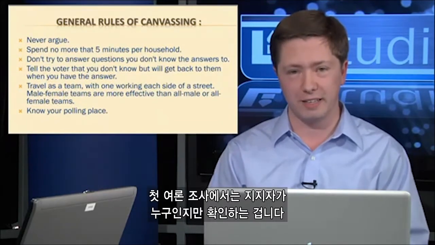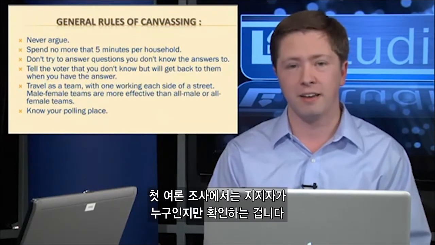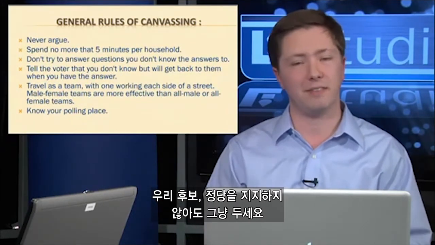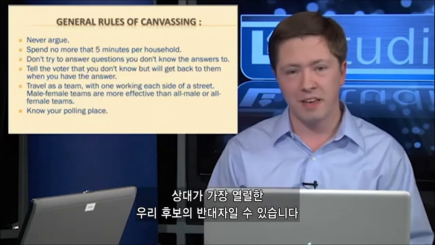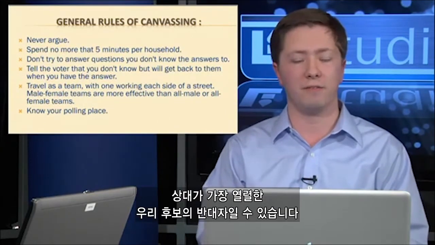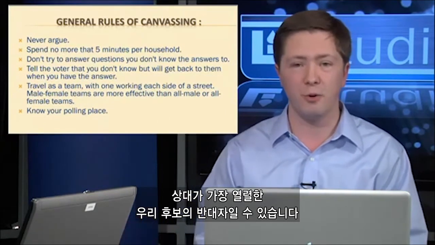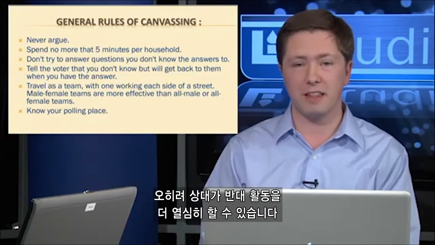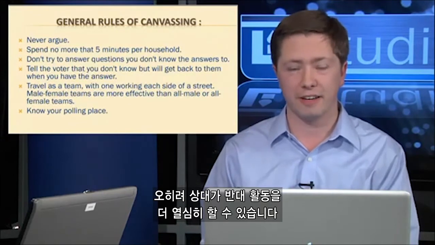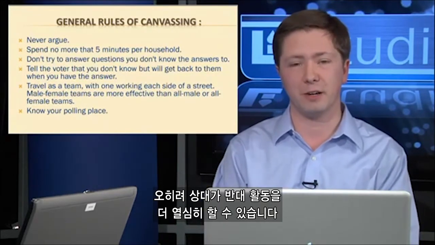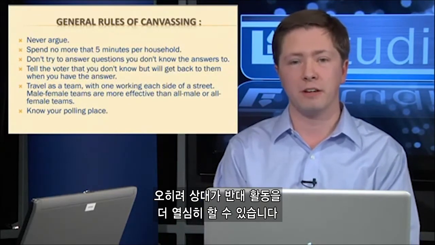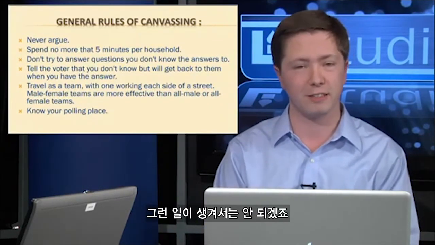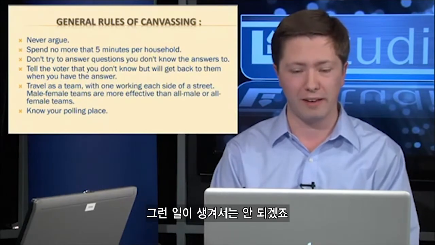You're just trying to, in the initial canvass, identify your support. If they don't support your candidate or your cause, leave them alone. Don't try to persuade them. They may be the most ardent opposition to you, and you don't want to anger them, because then they might essentially work harder against your candidate or your political party. You really don't want to encourage the opposition, because for every name you identify, they identify another one. It's really retail politics at the local level.